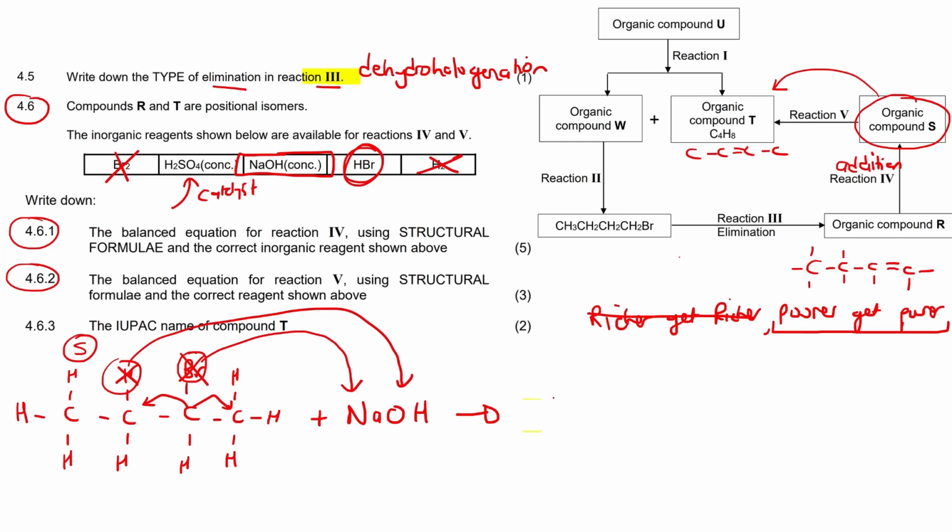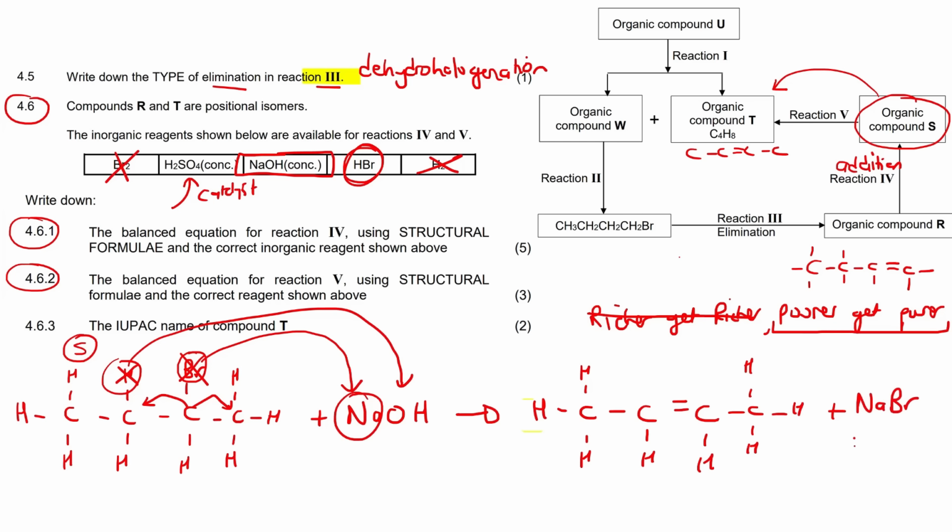So the different products we're going to get: this over here, with this part now removed, and then this part now removed. So we just have that. And we have that. So in order to fix this molecule, we're going to put a double bond over there, and that makes sense. It's exactly what we were expecting. And then the other 2 products will be the Br is going to link up with the Na, so you're going to form NaBr. And then the OH is going to link up with the H,